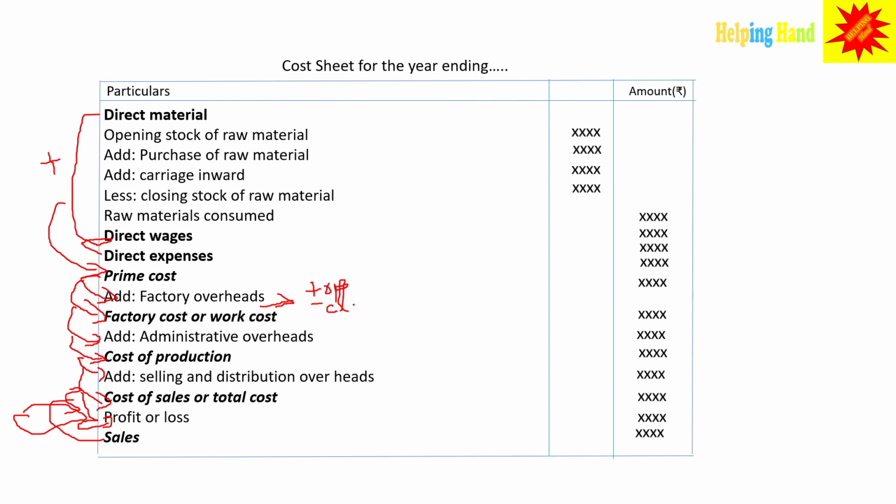Okay, this is another adjustment. There may be a few other adjustments to ascertain the per unit cost and so on and so forth, which you shall be seeing in various sums as and when you solve. So this was a basic understanding of the format. In the next video, I shall be uploading a basic sum which is solved on this cost sheet. You can go through that and understand the cost sheet better.